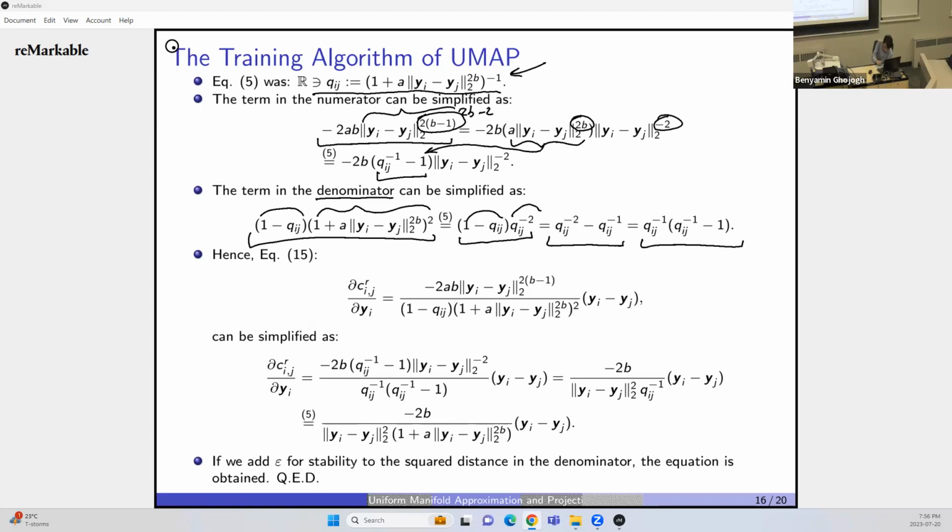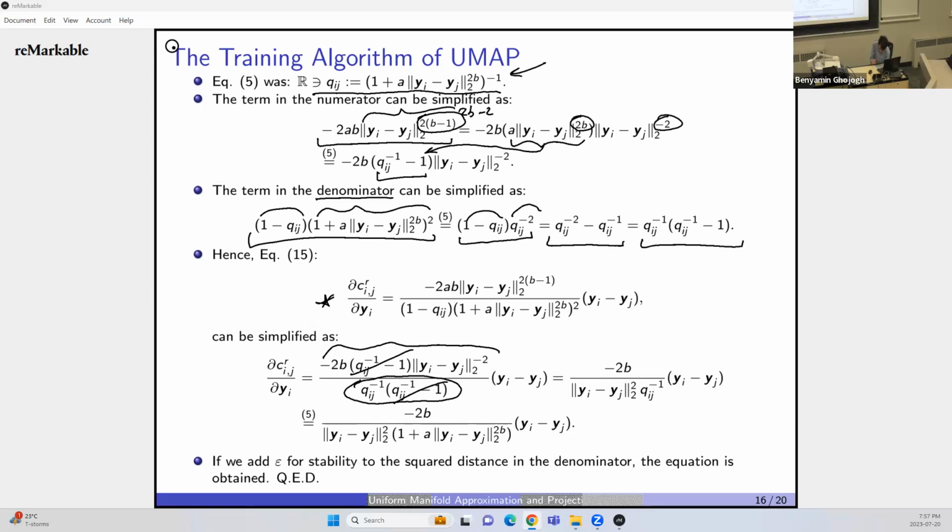Now let's put them. So what did we have? We had this, right? Now let's put what we simplified in the equation. So the denominator became this. Also the numerator, we simplified it to be this. Now, interestingly, these two cancel each other, right? Therefore,